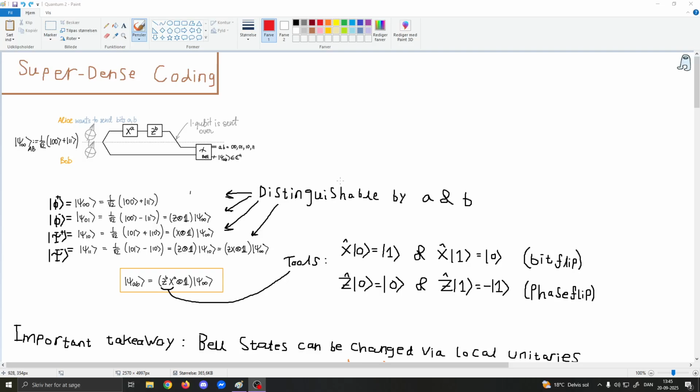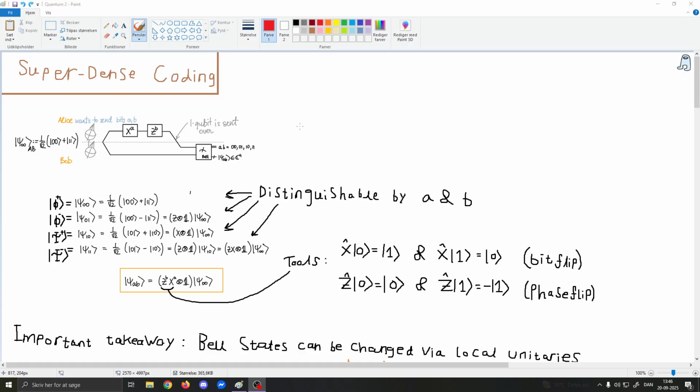Alright guys, so I realized that there were a few topics that I forgot to cover in yesterday's video, so I thought I might quickly just do them here. The first being superdense coding. Superdense coding is a sort of data transfer or communication protocol in which it is possible to transfer two